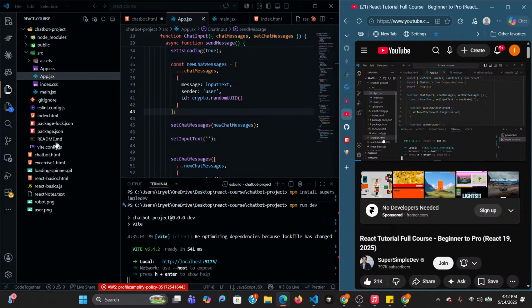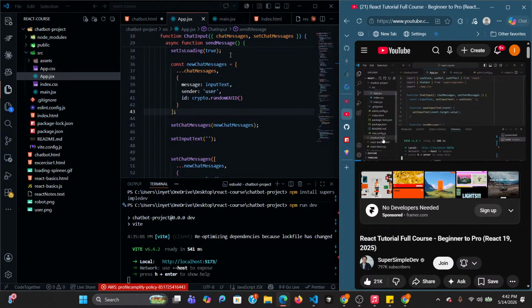We'll go to app.jsx. We'll select this import at the top and copy. And in chat messages, at the top, we're going to paste that import. And in this component, we do not use state, so we can remove it. Let's scroll down. And in this component, we also use the chat message component. So let's import that. We'll scroll up, and at the top, we'll import curly brackets, the chat message component from